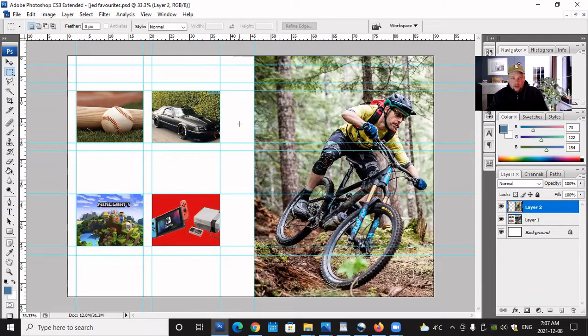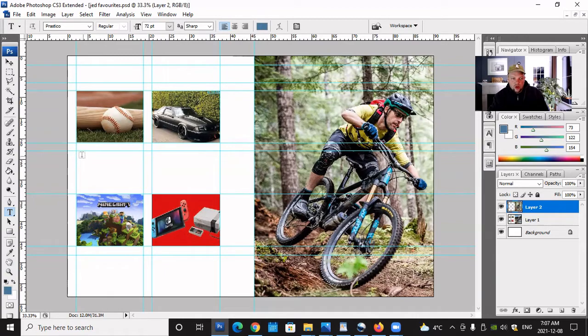All right, so this is the third step of the favorites project. This is where we put in text. We have all our guides set up. If you have your picture set up like you see on screen, then you should be good to go with all the text. And what we do when we set text, like in the text project, we set individual letters, but in this project, we're going to use